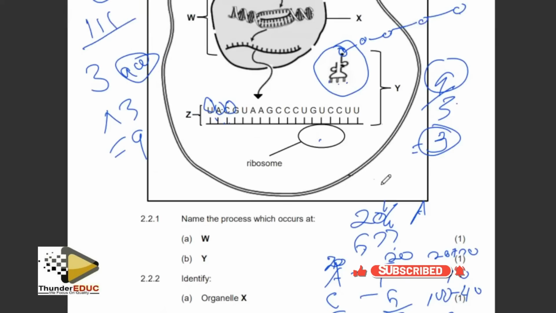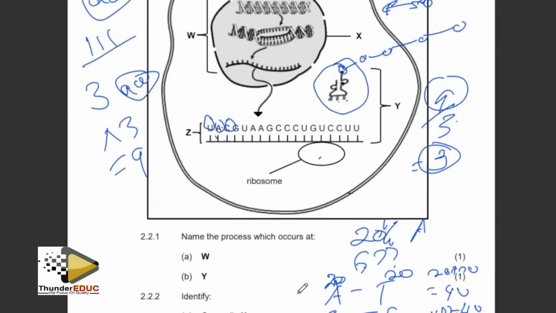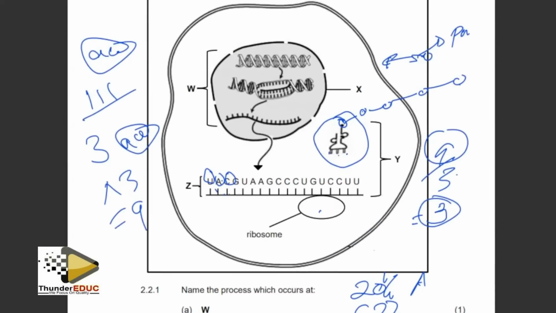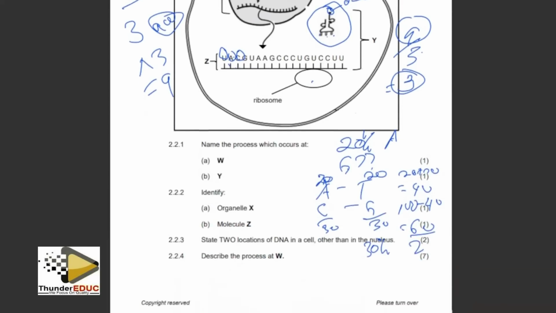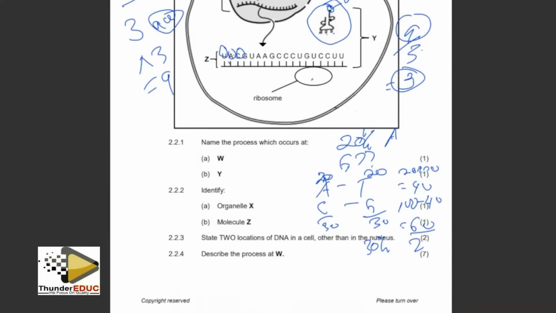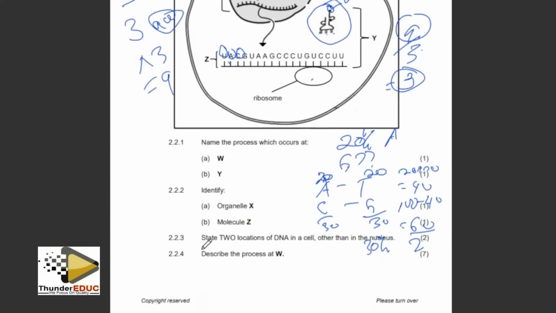I'm using these as examples. Which organelle is X? We have seen organelle X is the nucleus. And which molecule is Z? Z is messenger RNA. Don't just say RNA, it's messenger RNA. State 2 locations of DNA in the cell other than the nucleus. In the cell, so it means that you have to talk about